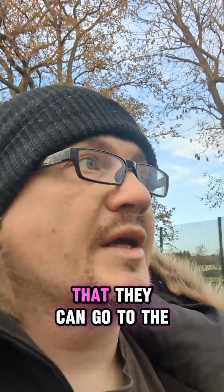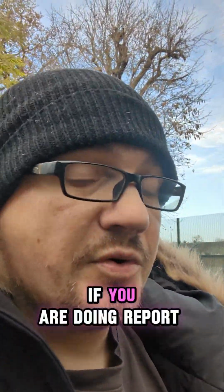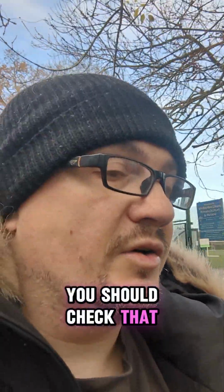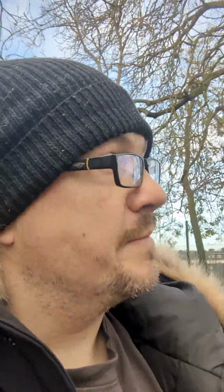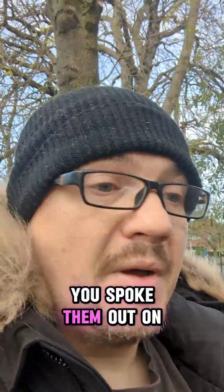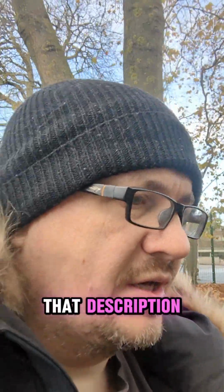Of course, you can argue that they can go to the DVLA page and check, but this is something you should do when you're reporting someone. If you are doing a report of a dangerous motorist and you know the number plates, you should check that on the gov.uk site and this way confirm that the number plates are matching. Even if in low light you don't see number plates very well, and for instance you spoke them out on the video which is recorded, if you check on DVLA that there is a vehicle matching that description, in many cases